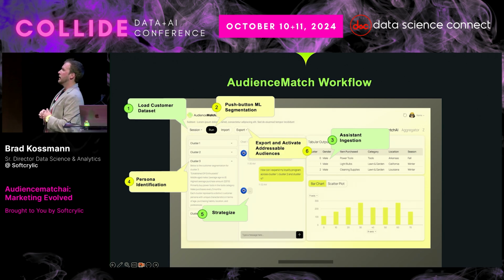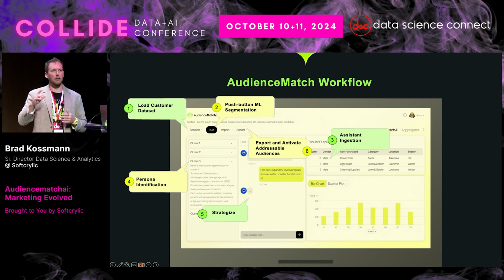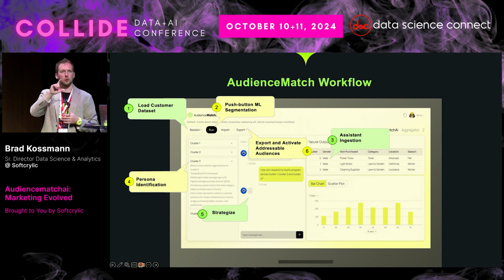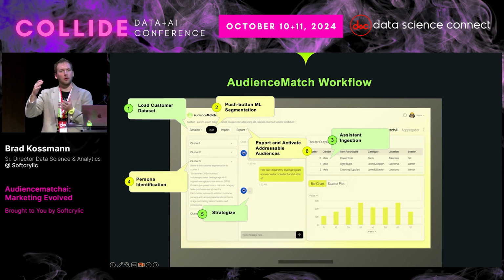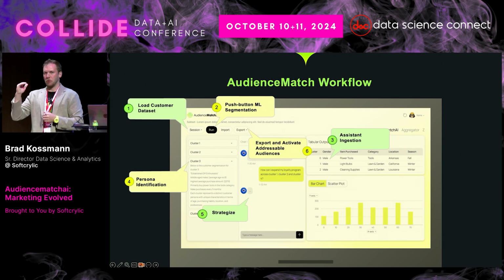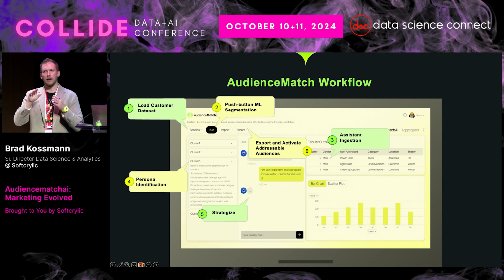And then finally, exporting and activating the addressable audience. This is a super important point. Because this comes from first-party data largely, you have actual customer identifiers stitched into the data set automatically. So once you have a segment named, and let's say the segment is somebody that you want to target with messaging, that segment is actually comprised entirely of real customers. That's an addressable audience. You can push that into a marketing platform and target them directly.